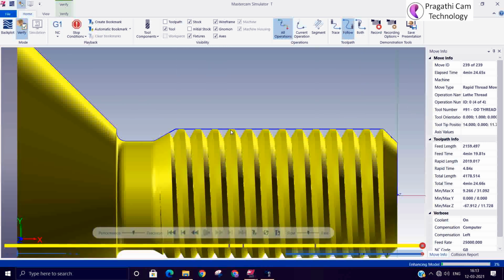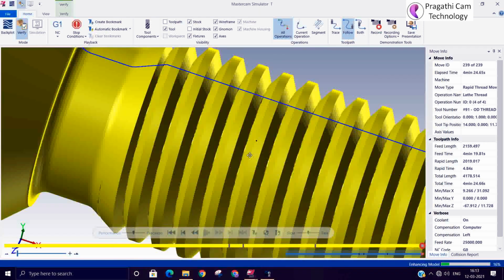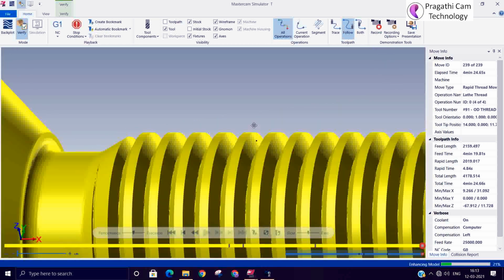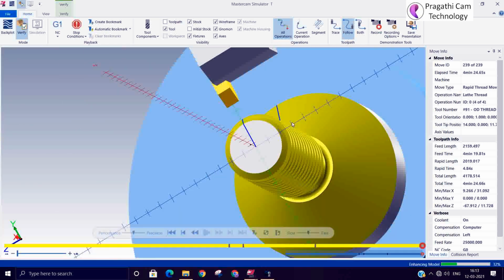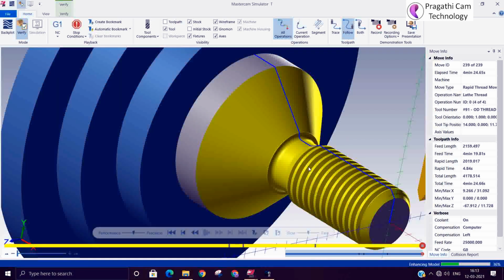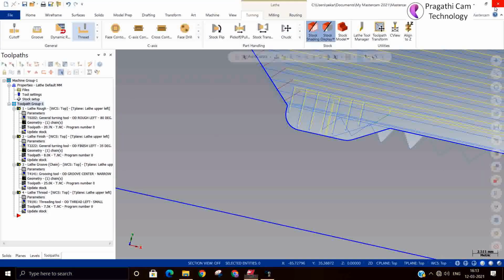Okay, I will zoom in and show you. So this is your thread. Suppose you want to give a little more depth in the thread, you can add a little more depth also. I will modify the depth.